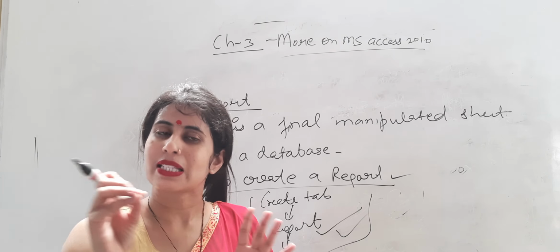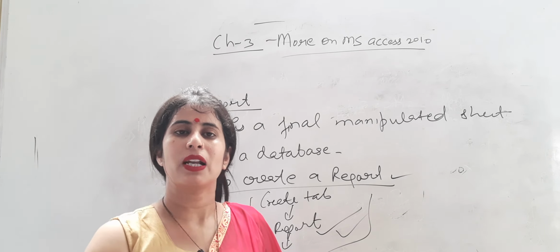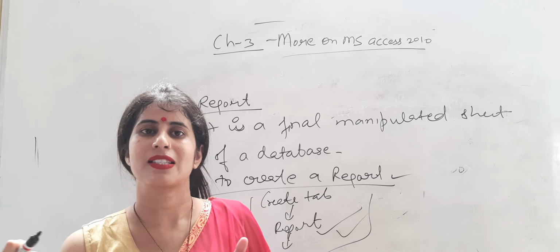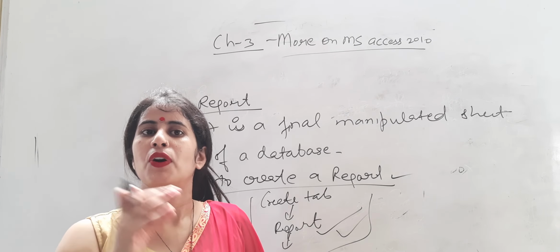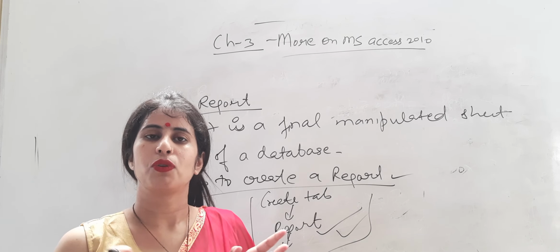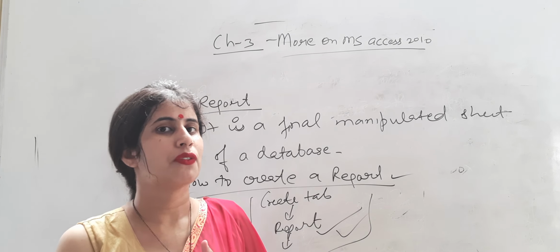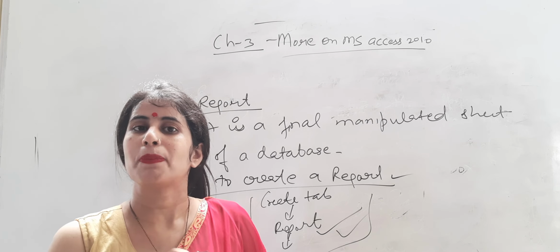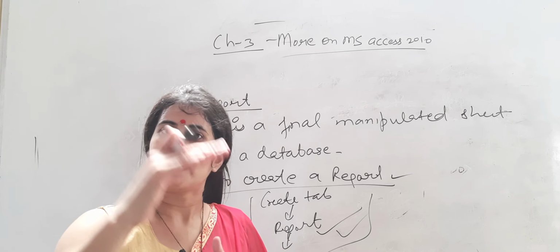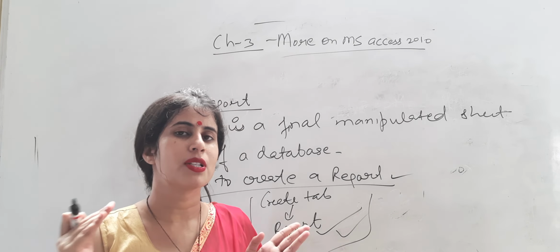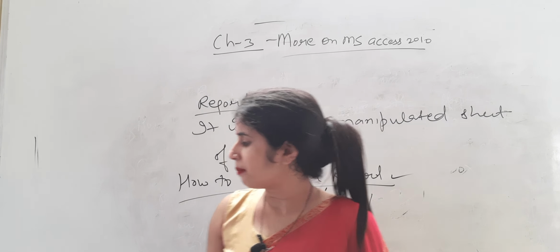If I want to design the table, we use the design tab. If I want to arrange the tables, table 2 at first, table 1 at last, means how to arrange the order, we will use the arrange tab. Formatting: if I want to finalize or do manual changes in the final report, I can do it from the format tab. And page setup means in how many pages we want the report to be printed. In one page I want to get 2 reports, or on different pages I want to get them. All these settings we can do from there.